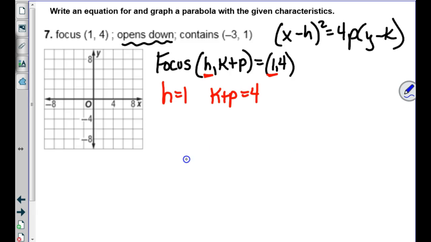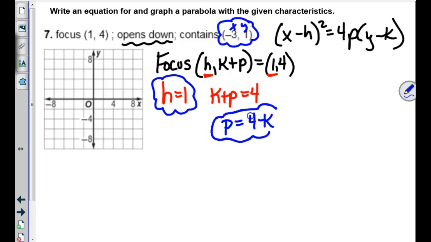Anybody remember where we went after that? We put this point in for what? x and y, and we put this in for h. And how did we rewrite this so that we could put it in? 4 minus k. Good job. All right, so all that's going to go in over here. What is x going to be? Negative 3 minus h, which is 1, quantity squared equals 4. We don't know what p is, but what's y? 1 from our ordered pair right here, minus,